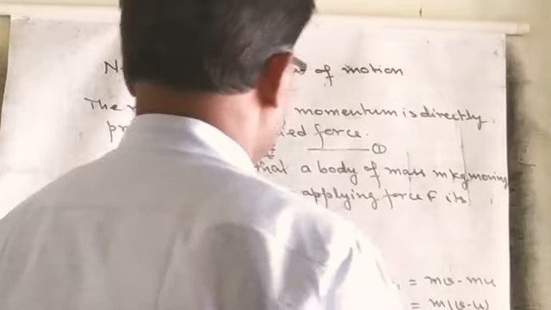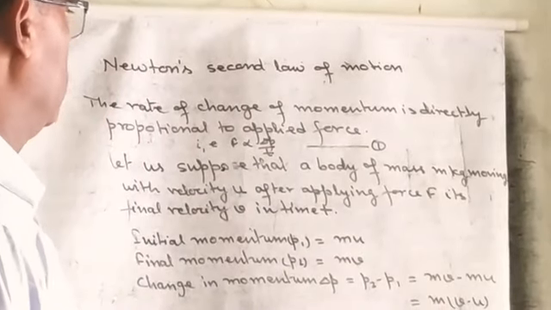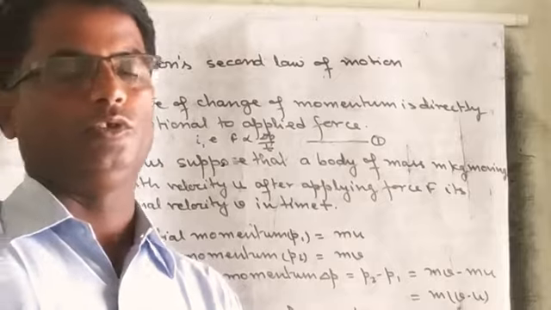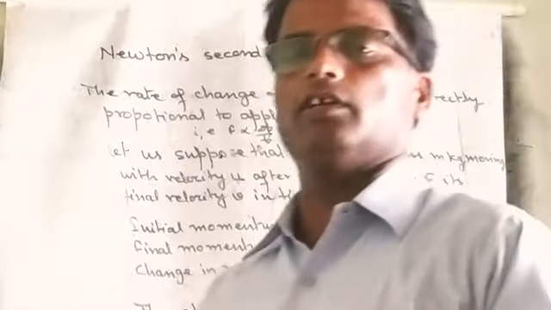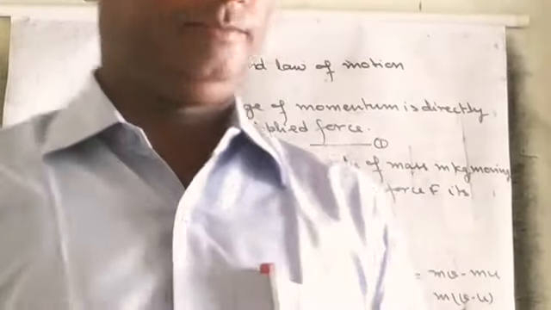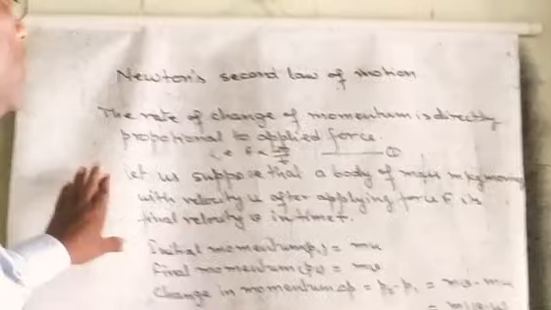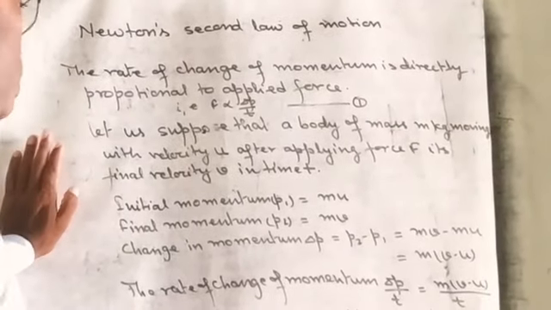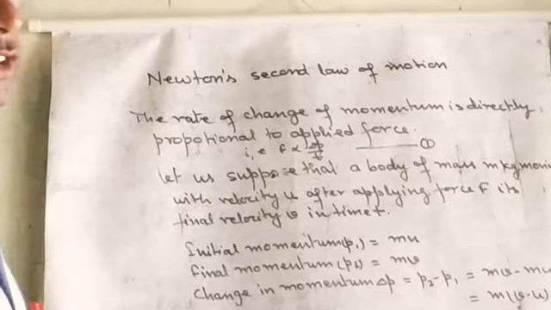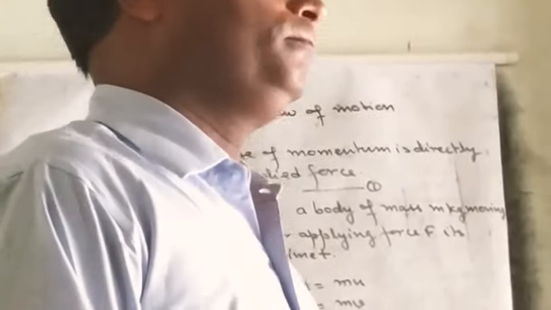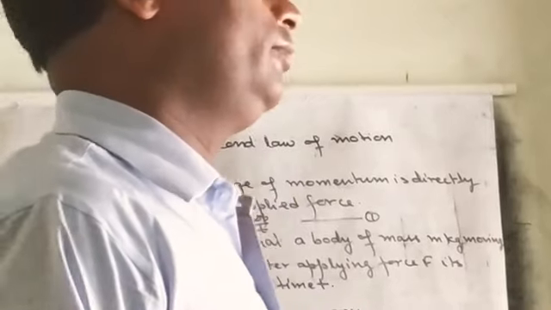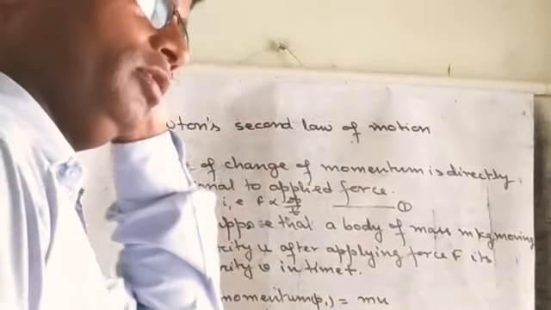Actually, Galileo's experiment showed that if any body is in a state of rest or in a state of motion, then it always remains in a state of rest or motion unless or until an external force is applied on it. So this is also known as the law of inertia. We studied its definition. After this we studied inertia of rest, inertia of motion, and lastly one more topic, momentum.